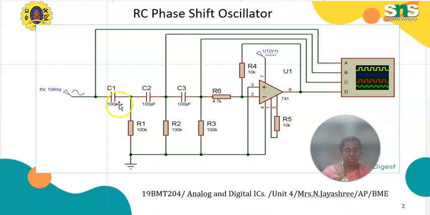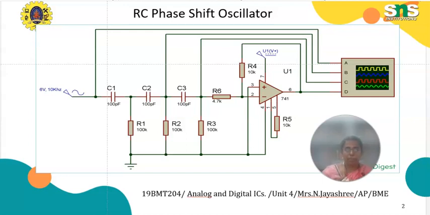This RC phase shift oscillator forms the ladder network. Here the capacitor and the resistance are connected vertically. Similarly, the first C1 and R1 repeat two times. This is the RC ladder network. This feedback network is connected to the output and each node gives a particular output. In the first node it gives a square wave. In the second node it gives a triangular wave. In the third node it gives a square wave. At last it gives the sinusoidal wave. So whatever output we want, we can generate the waveform by using this oscillator.